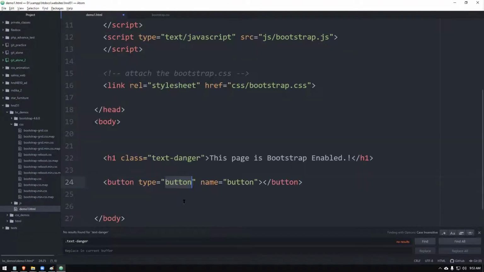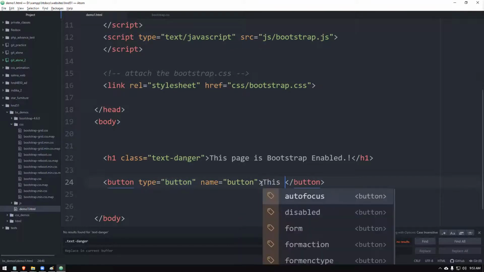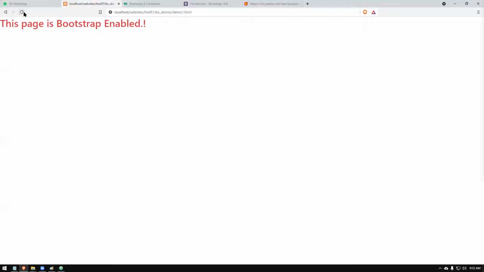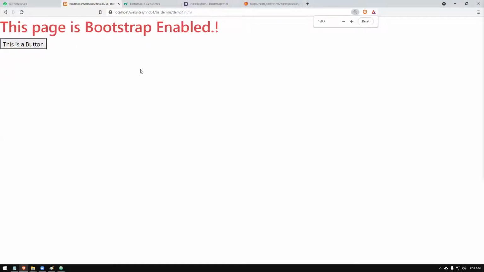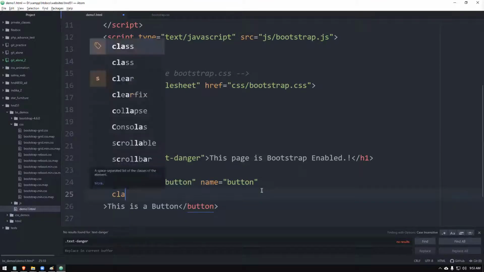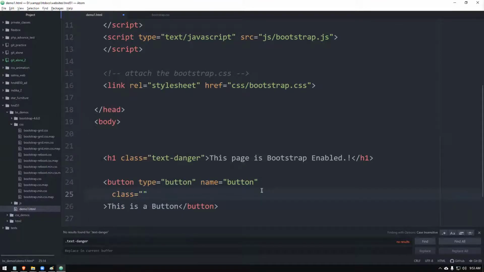I'm just showing you this one button. Let's say this is a button. So if you reload, I'll increase the size. So it looks something like this. Okay, you can make it very beautiful, or you can make it a Bootstrap-enabled button. Inside this one, simply use class equals btn. A button has a class called btn. We're going to learn this under components. You say btn.